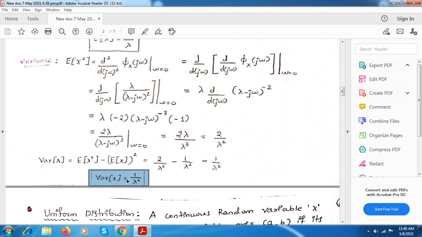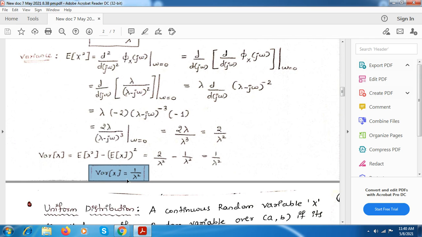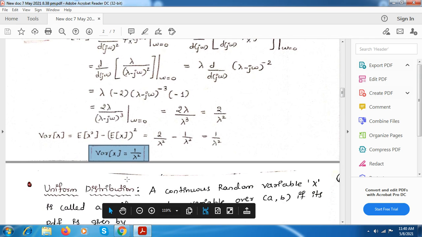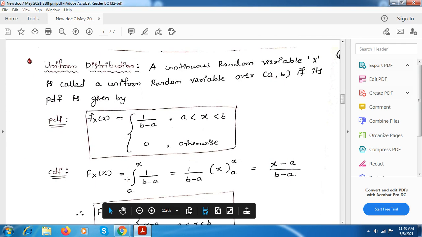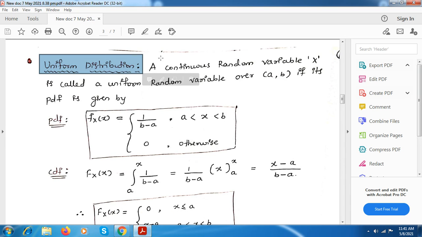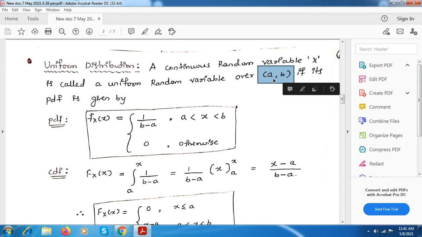So the next distribution is the uniform distribution. So we will see that. So this is the uniform distribution. Here also the random variable will be continuous. A continuous random variable x is called a uniform random variable over the period a comma b. Here the period is from a to b, not from minus infinity to plus infinity. Here the period is a comma b if its PDF is given by